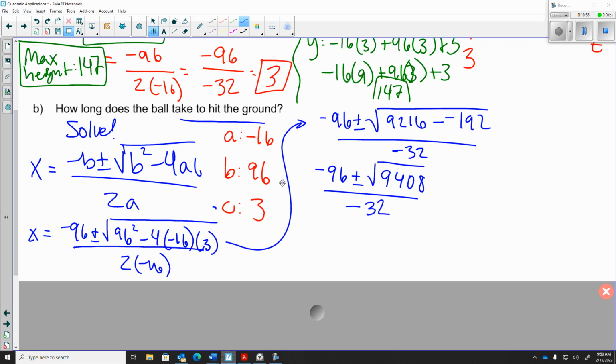Normally we would look for our perfect squares. We would try to break this thing down. And that's fine, but I want to know how long it takes. So let's say you have a job someday where you actually talk about launching missiles. Maybe you're doing a test launch or whatever, I don't know. And your boss asks you, how long is it going to take for the missile to hit the ground? And you say, well, if my calculations are correct, it's going to take you negative 96 plus or minus 5i times the square root of 7 divided by negative 32 seconds. And your boss is going to say,